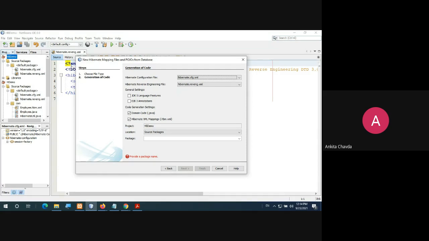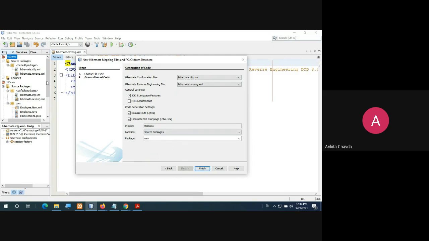So they will ask you, see here, this hibernate.cfg.xml file and the Hibernate reverse engineering file. These two files should be selected over here, then and only then this POJO will work. Otherwise it will not. Here you can select this JDK5 language feature. Here you need to give any package name. I have chosen COM. You can give ABCD, whatever you want.